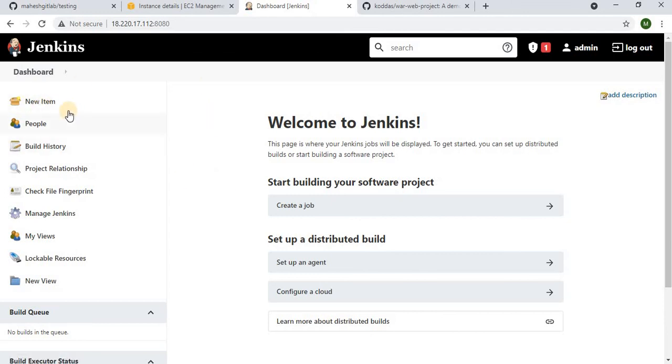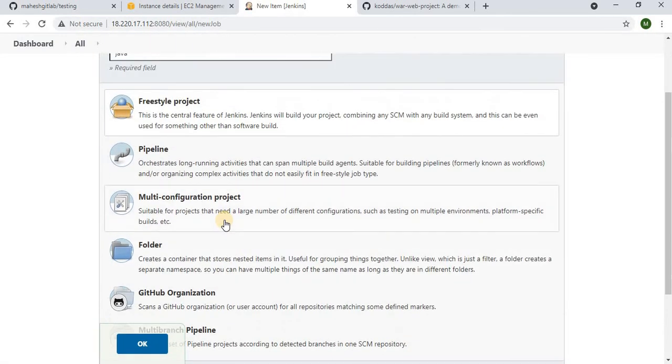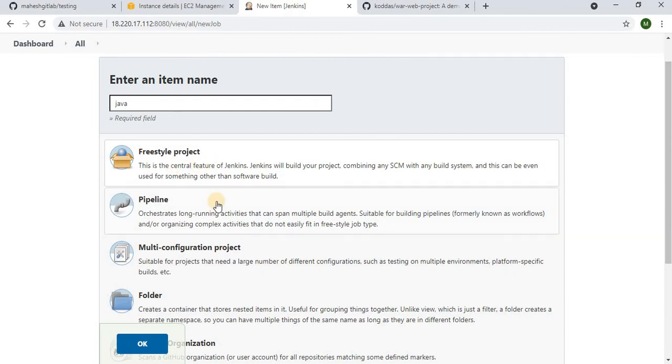This is the dashboard of Jenkins. Come here, click on New Item. Let us give it a name, like Java. Choose Freestyle project. Don't worry, there are different options here, but let us go with Freestyle project. Once we get into a deeper level, I'll explain these things. As of now, choose this one. So name the build Java, choose Freestyle project, and click OK.